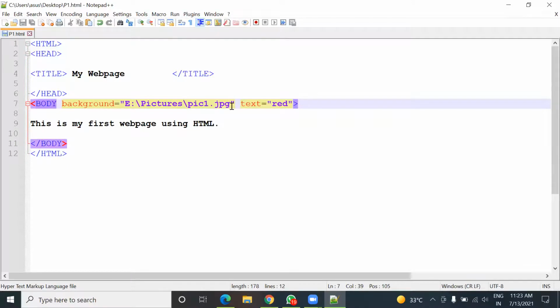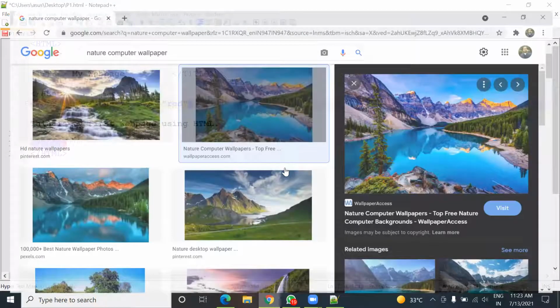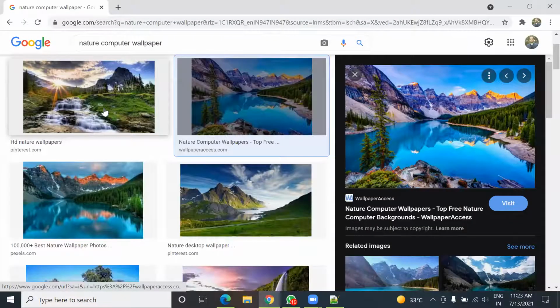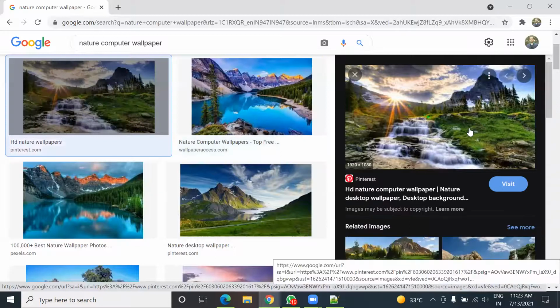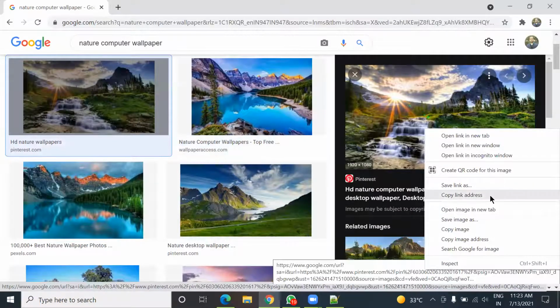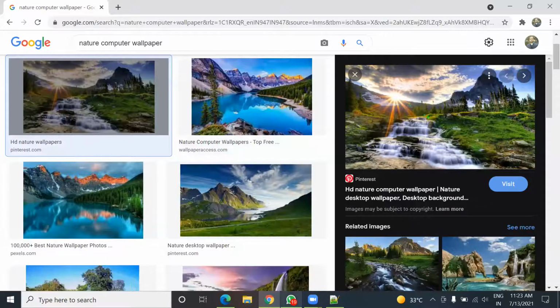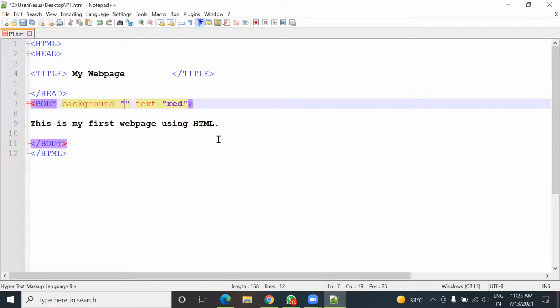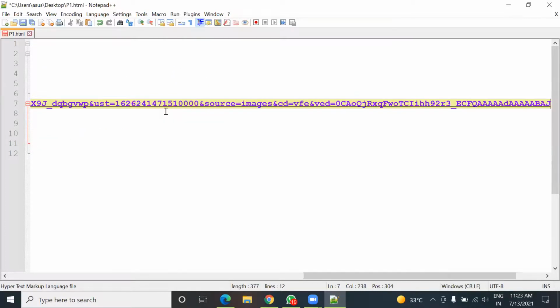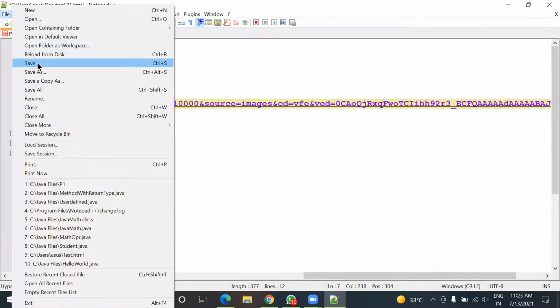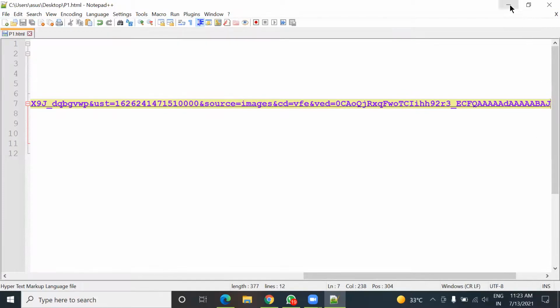Let us try and put an online location. Let's see what happens. Is it showing or not? Copy link address and put it here. Save.